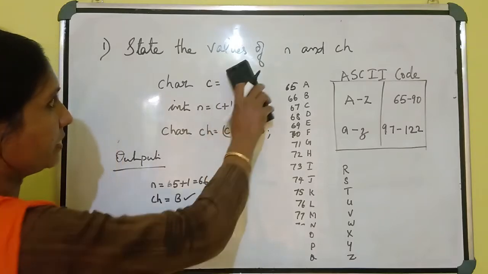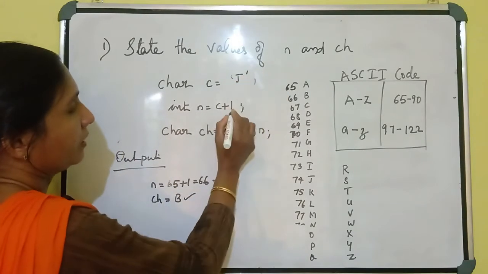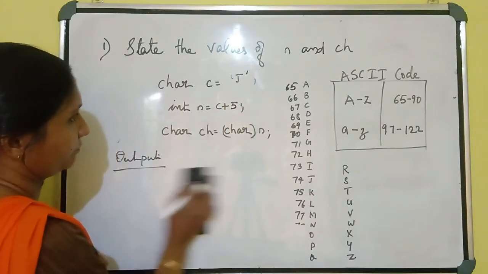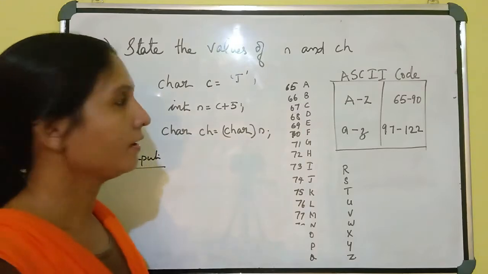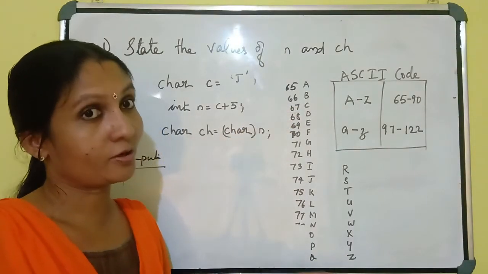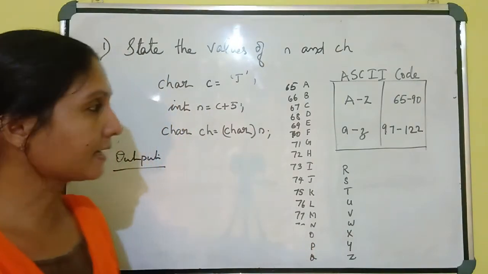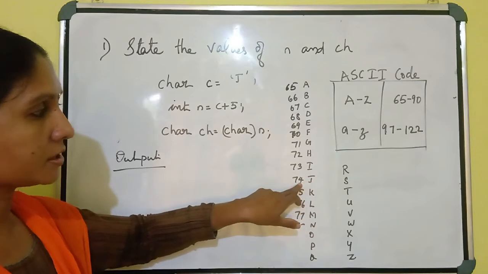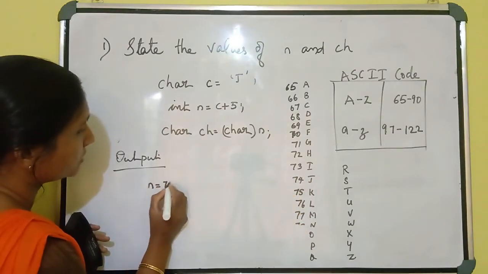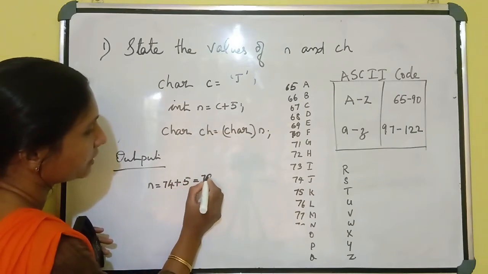The second question, if I had given like this, capital J, and here I have given 5. Then how can you find out? See, the same way, find out the equivalent. First you have to write up to Z. Then only you can easily find out the ASCII code equivalent of this particular character. Here the equivalent ASCII code value of J is equal to 74. That means N is equal to 74 plus 5 here. That is equal to 79.